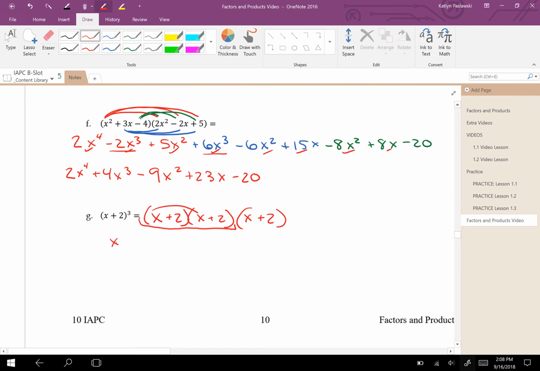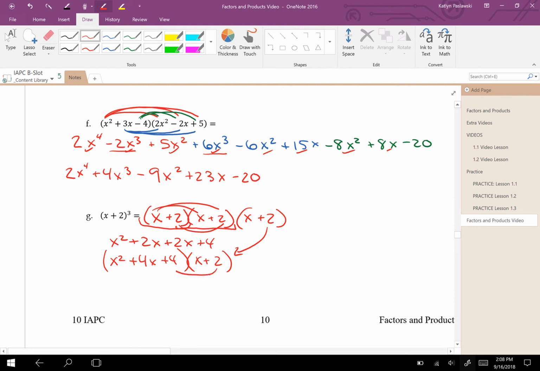So we have x squared plus 2x plus 2x plus 4. Combining like terms where possible, so we have x squared plus 4x plus 4. Then we're now going to multiply with x plus 2, which we got from here. So multiplying this binomial by a trinomial,